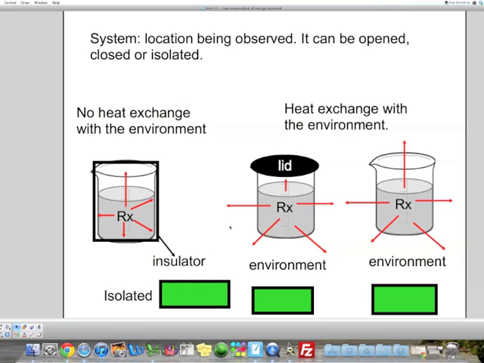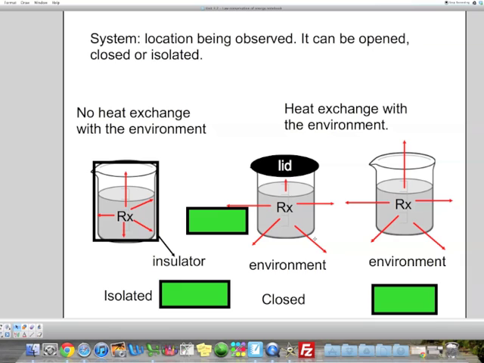Very good. Now, if we look at this one, there's a lid on top. So that means that whatever liquid there is in here, let's say it's water, it cannot escape. So whatever vapor is being produced will stay within the system. It can't evaporate into the environment. But the heat, or the energy from the beaker, let's pretend this liquid is warm, that heat will be able to go into the environment through the walls of the beaker. So now in this case, is it opened, is it closed, or is it isolated? If you said closed, you're correct. It's closed because of the lid. The matter itself can't go anywhere, but the energy can leave the system through the walls of the beaker